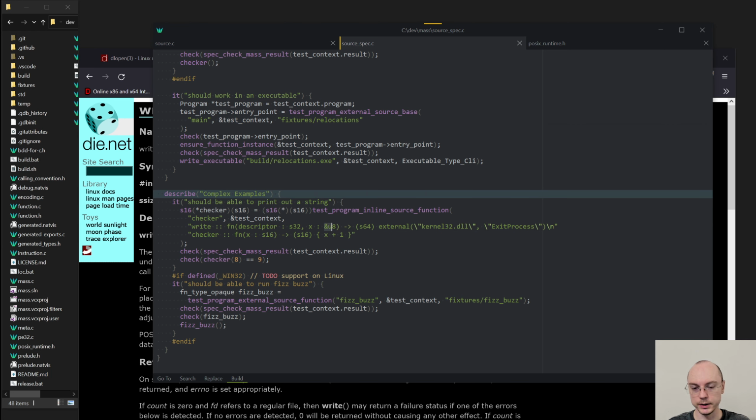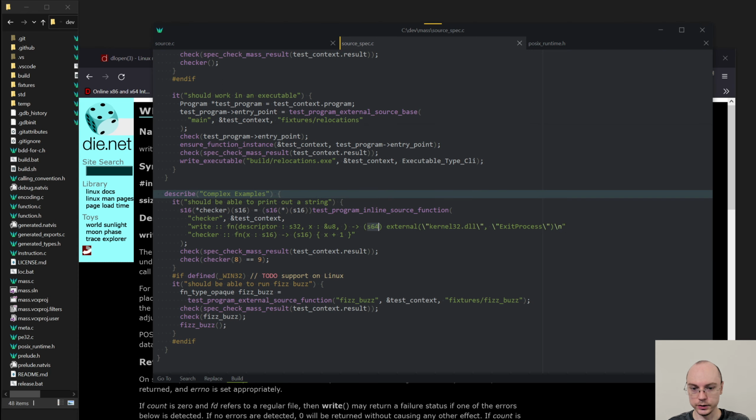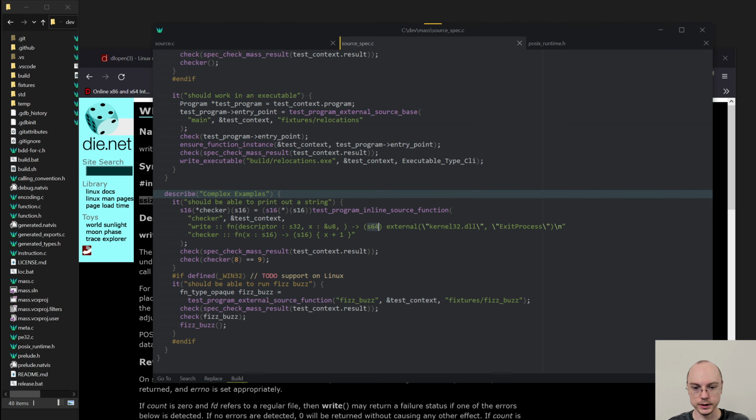I actually have a new syntax for pointers. I'll go a bit into detail and plans for this in the other video, but for now, just to explain this. And then we have size_t count. Okay, great. And actually it returns indeed an S64. That's correct, that is a size_t. I probably should define C types so I can use them directly here. I'm not sure. Maybe it will be a library or something. Anyhow,